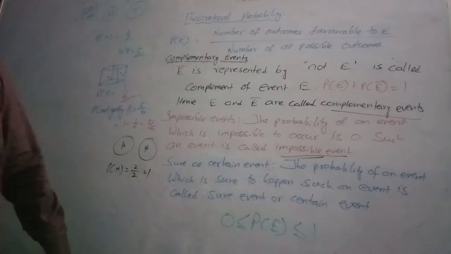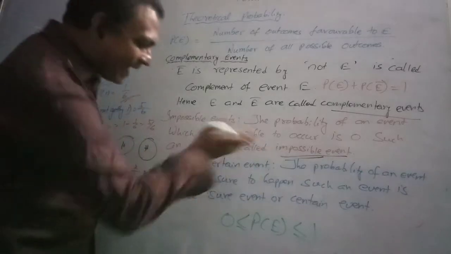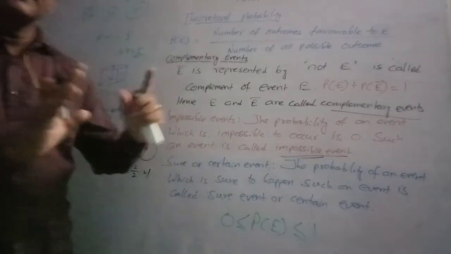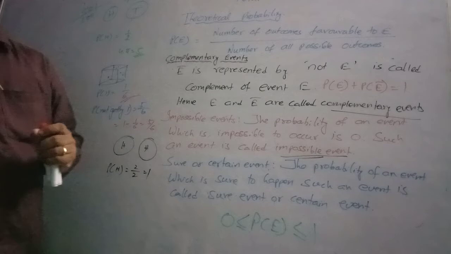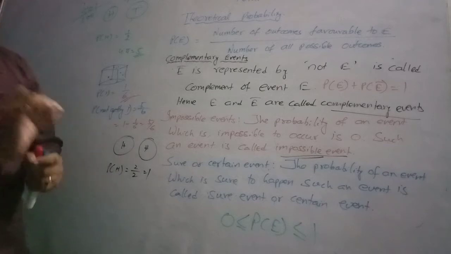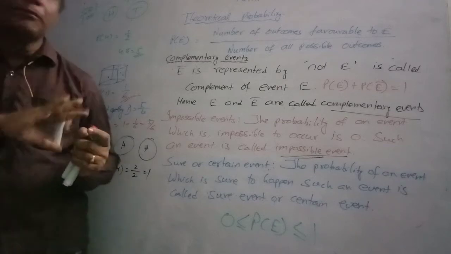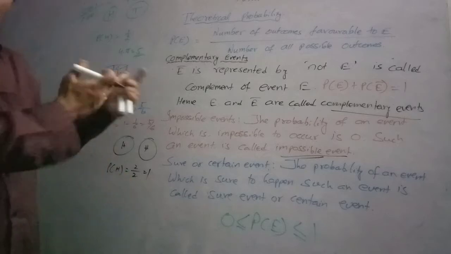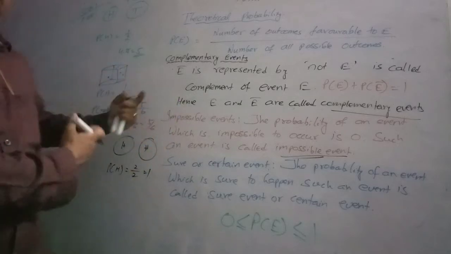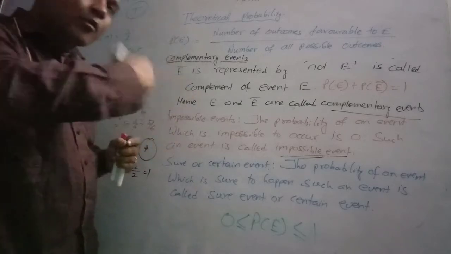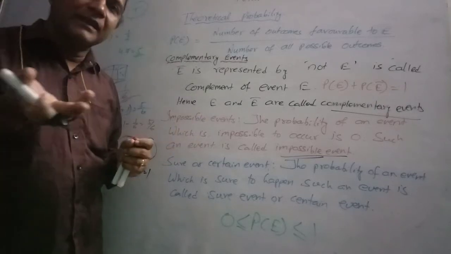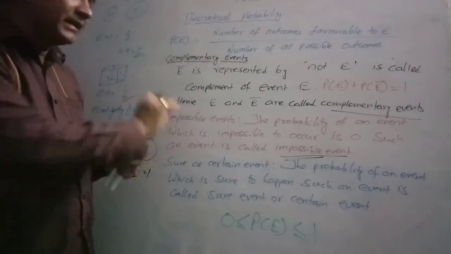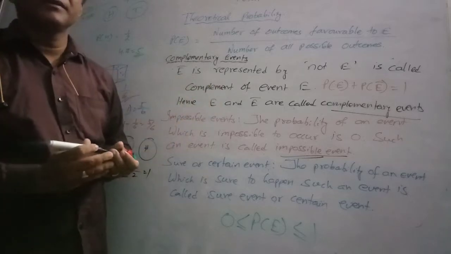So the probability of an event generally lies between 0 and 1. It is a proper fraction, or either 0 or 1. So 0 point something will be there. If it is 1.5 or minus 2.3, negative, it cannot be negative. It cannot be more than 1. If the probability of anything is more than 1, then it's a wrong option, right?